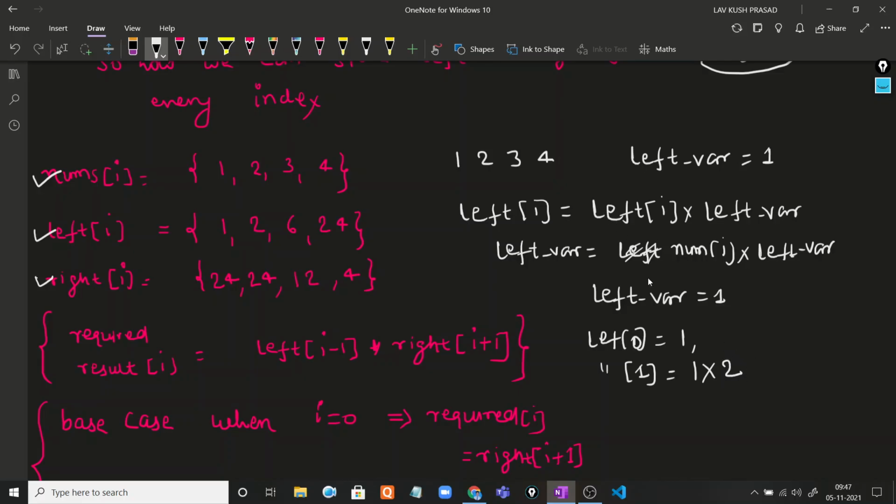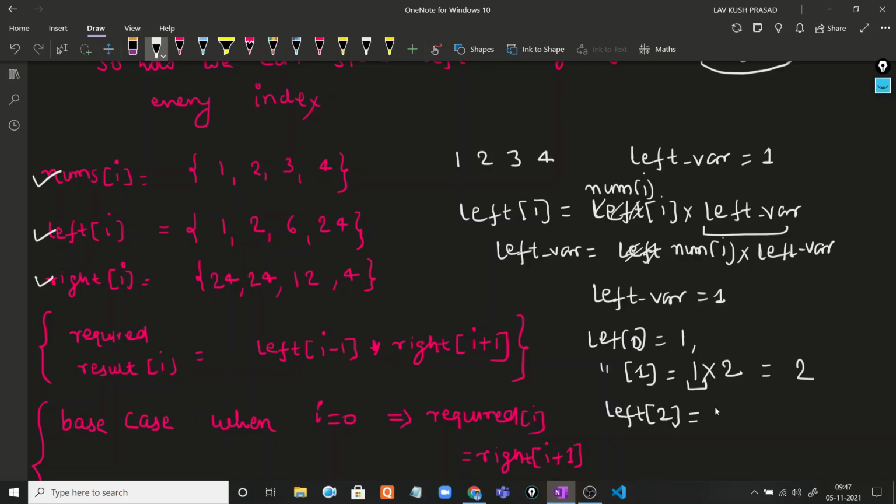Okay, so here left var is 1. And what is the current index? Sorry, here it is not left, it's nums[i]. So the value present at the first index is 2. Similarly for the next index, let's find the left value at index 2.